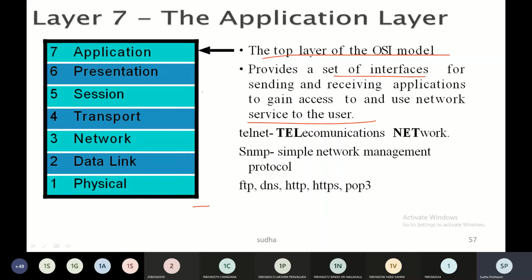What does the application layer do? It provides network services to the user. Now let me tell you what the network services are. To actually connect to the internet, you need a web browser. The web browser can be Chrome. I'm giving you a practical example